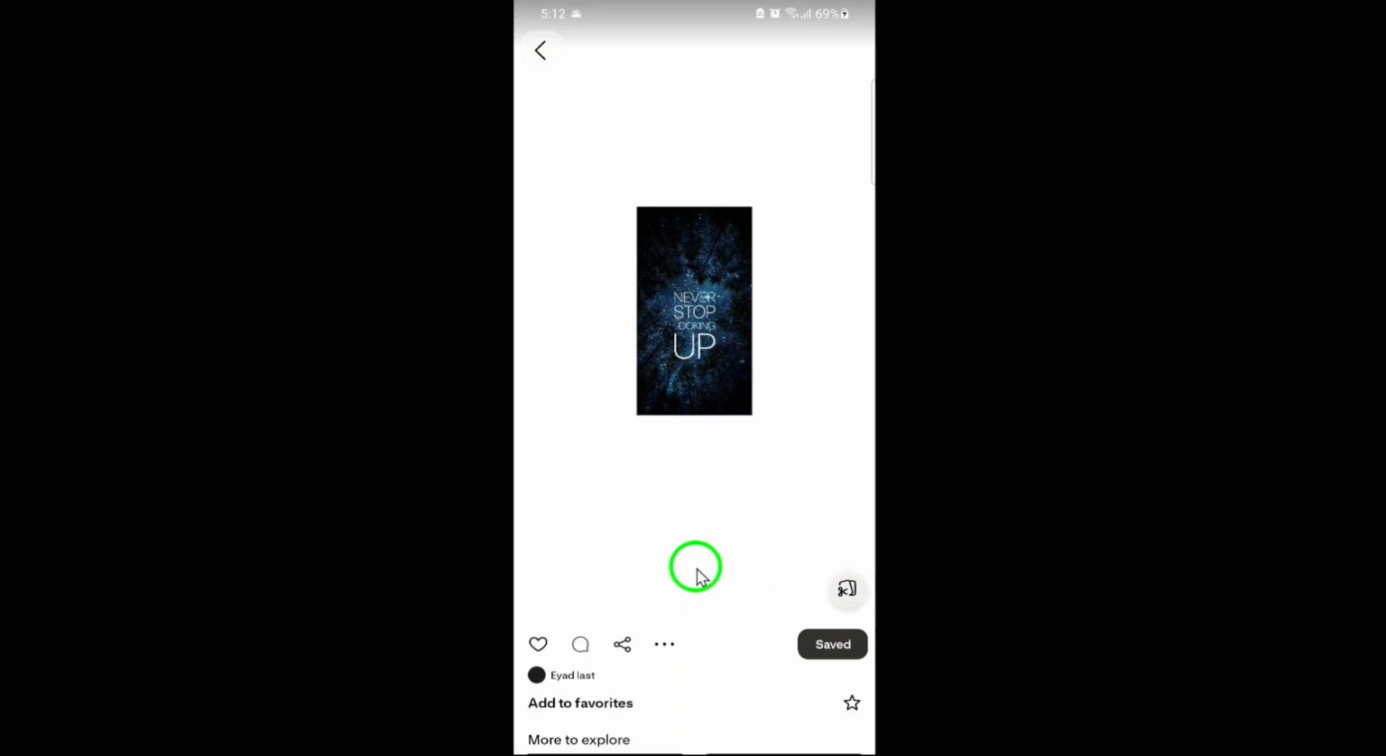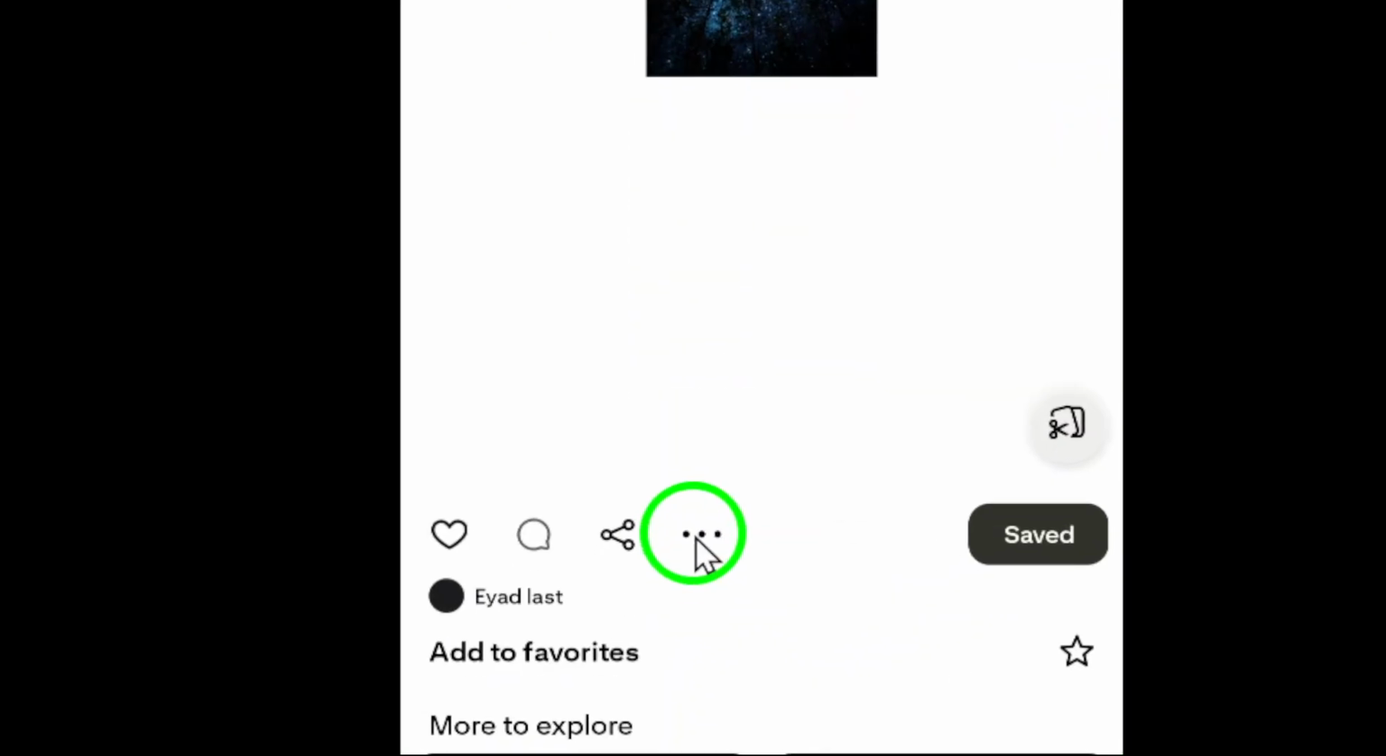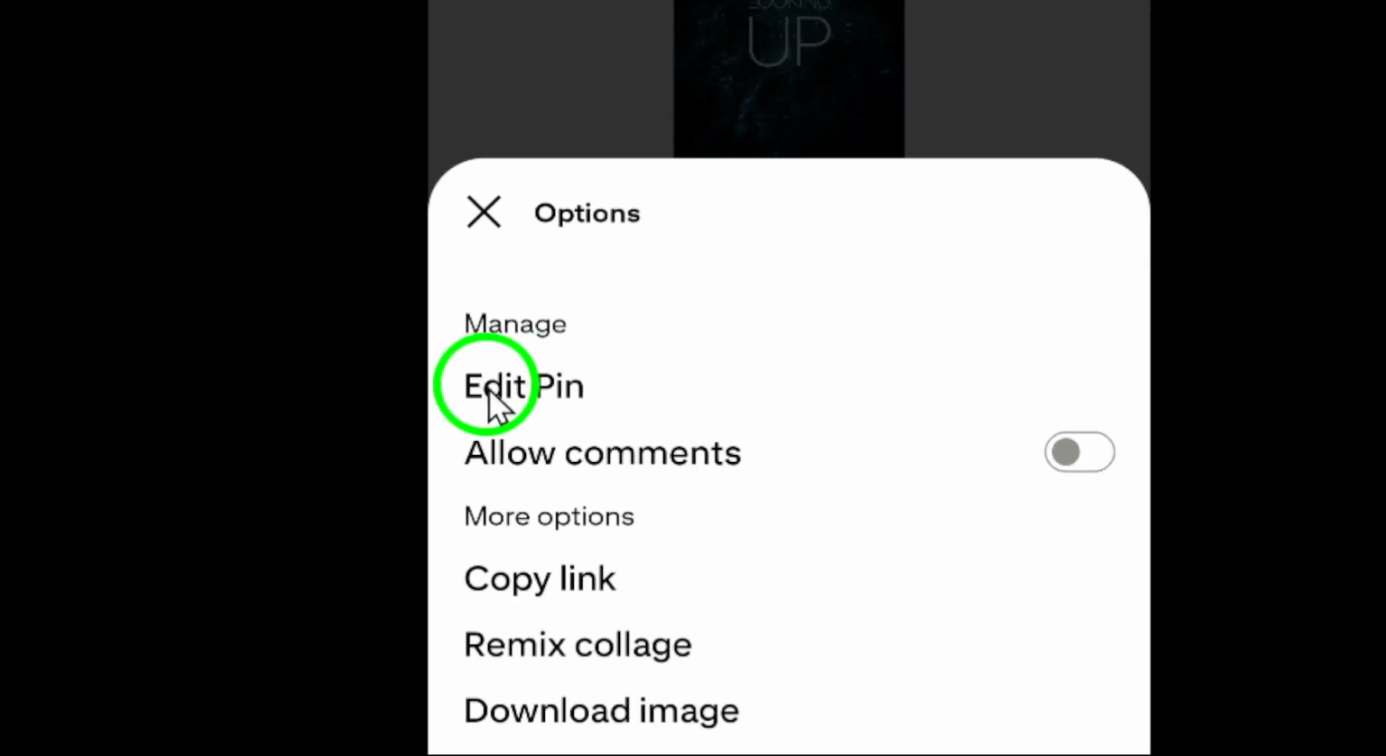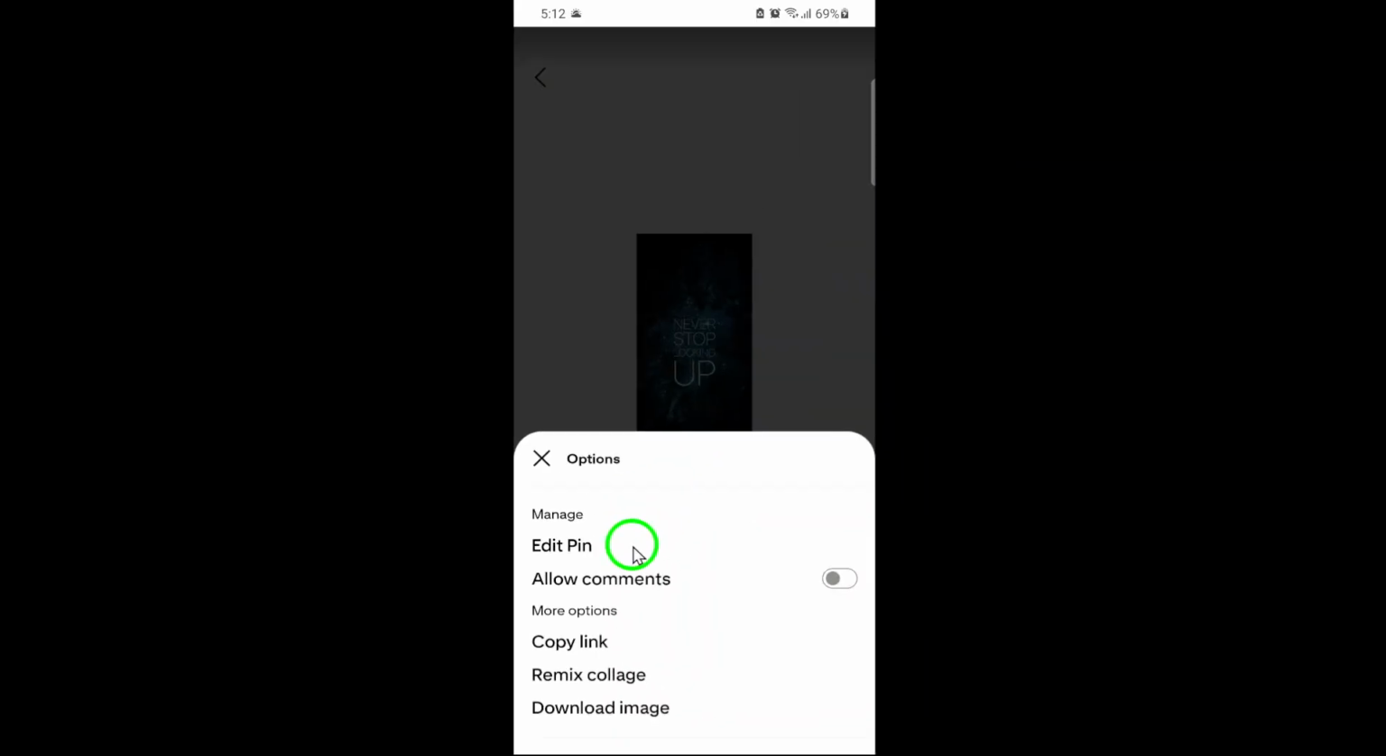In the top right corner, you'll notice 3 dots. These are your More options. Tap on those 3 dots to bring up a menu of actions you can take. From here, select Edit. This will open the editing screen for your pin, where you can make all sorts of